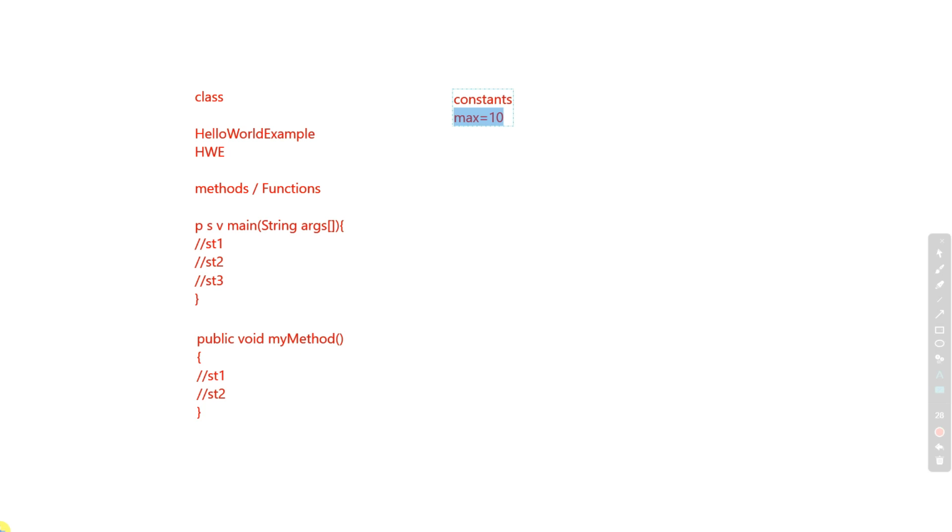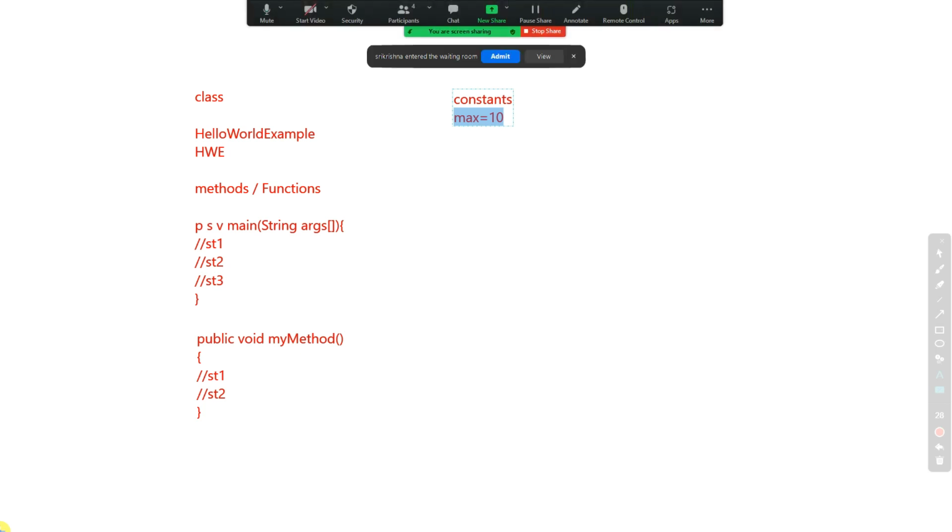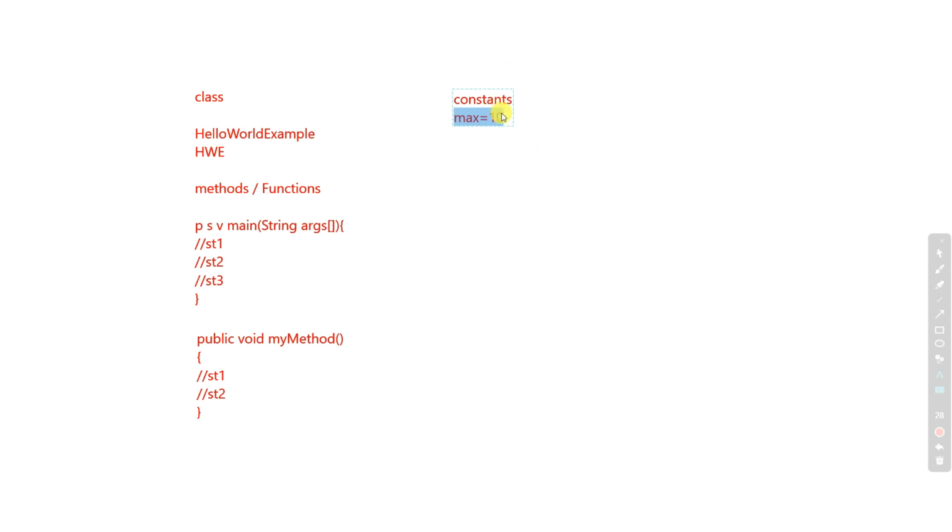So let's come back to the constant. A constant is nothing but a value you use that is fixed. Whatever the 10 is that you are going to use, this 10 value is not going to be changed. How can you specify that this value is 10, so that while looking at the code you can say this is the constant?